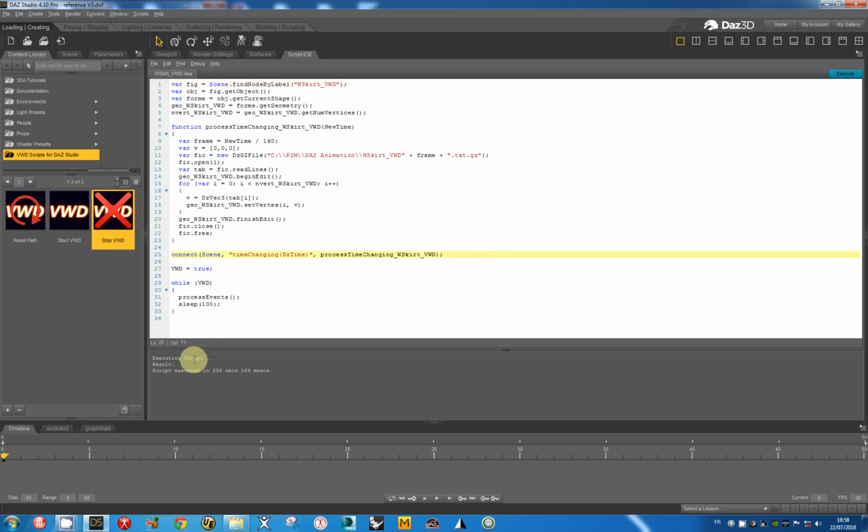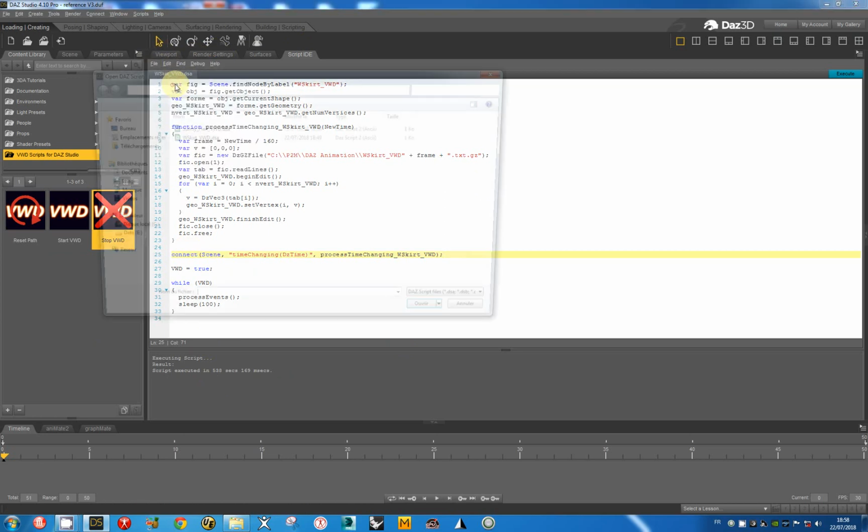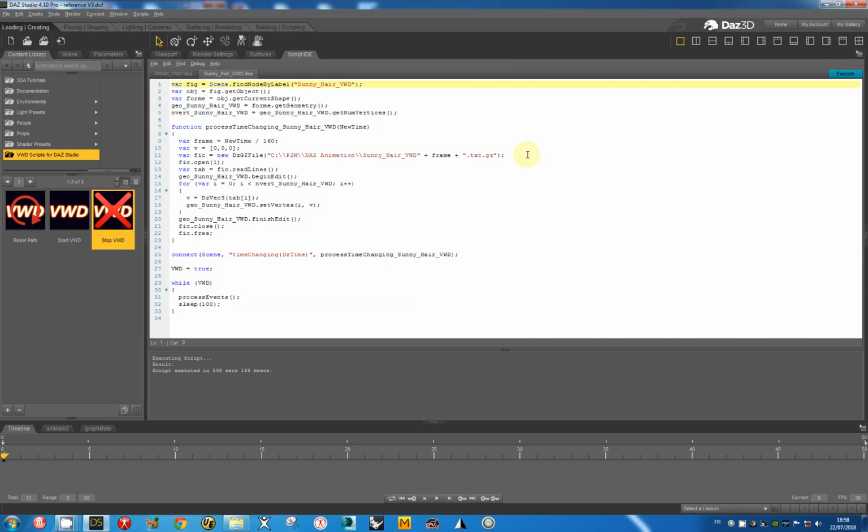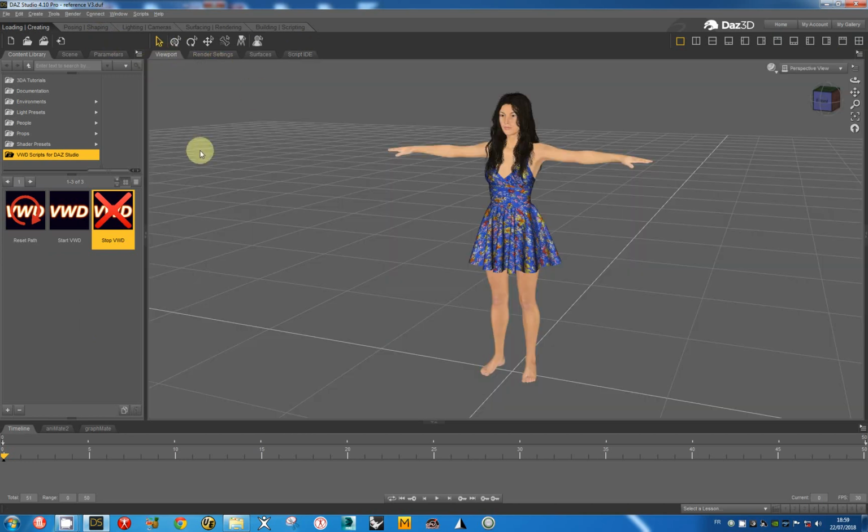I can stop the current script. I can open the script for Sunny Air, and I can execute the script, return to the viewport, and I can play the animation. You can see